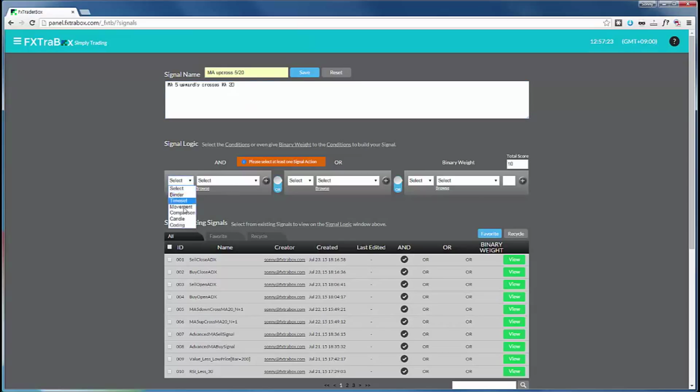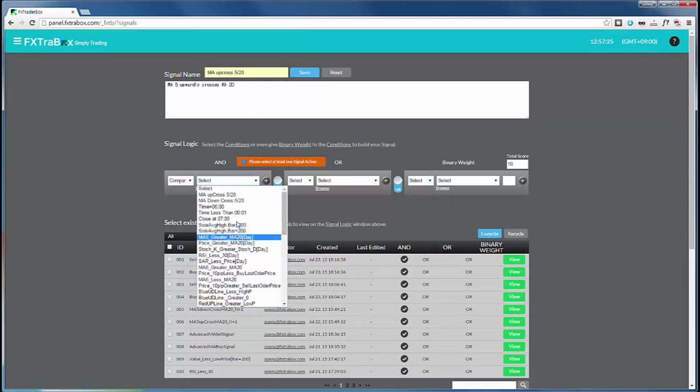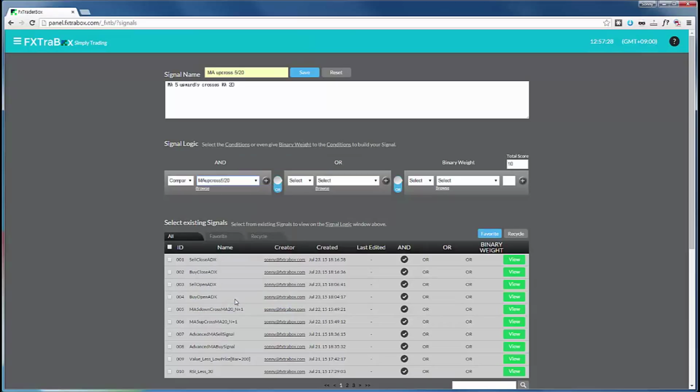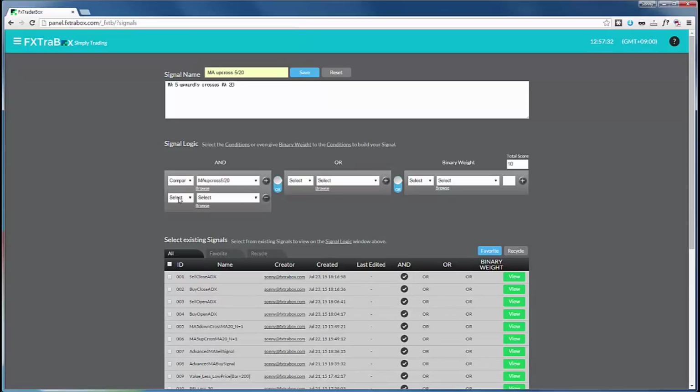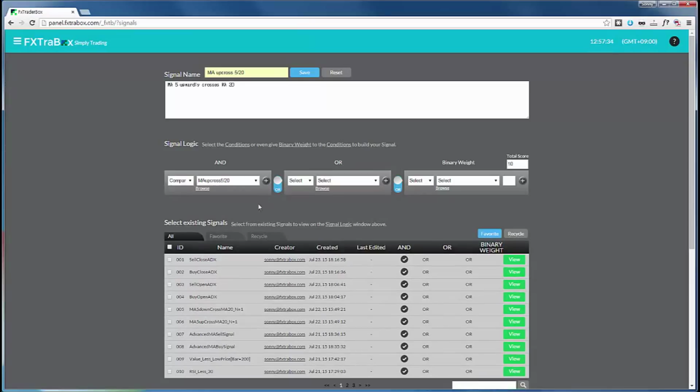And then for here, go to comparison and select the up cross that we just created. Sorry, you don't need to create any more comparisons. So just click on save. And then we need to create another signal for down cross. So let's do that. Instead of up, now you just need to create down cross